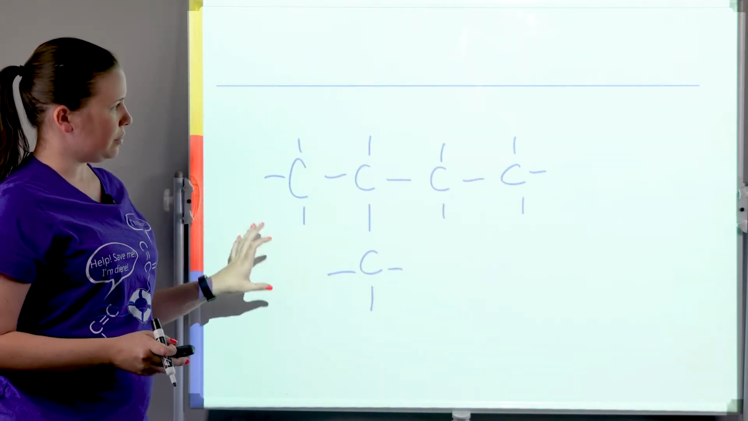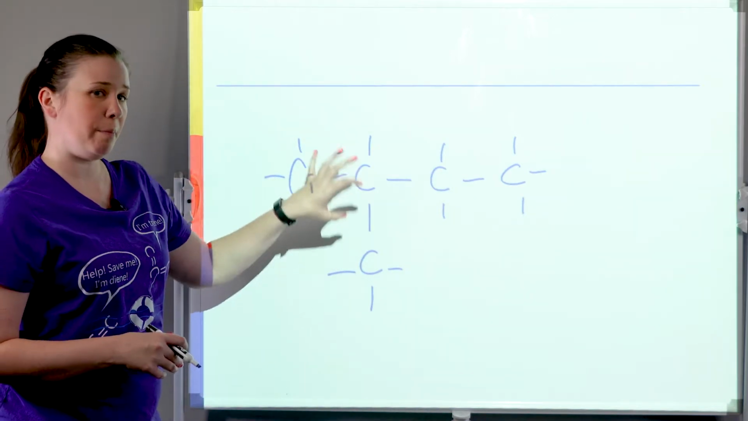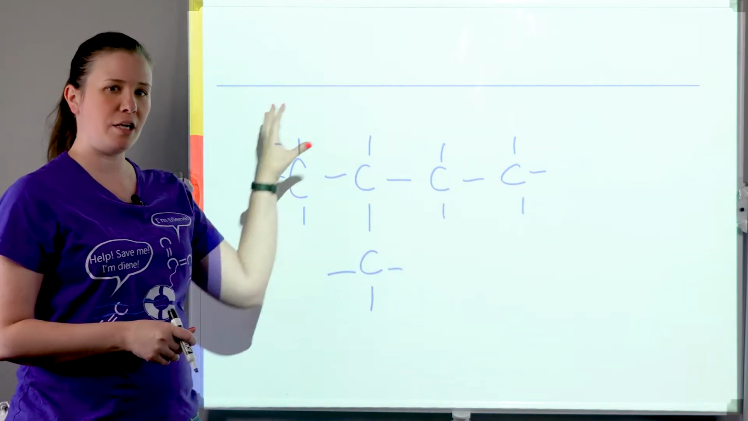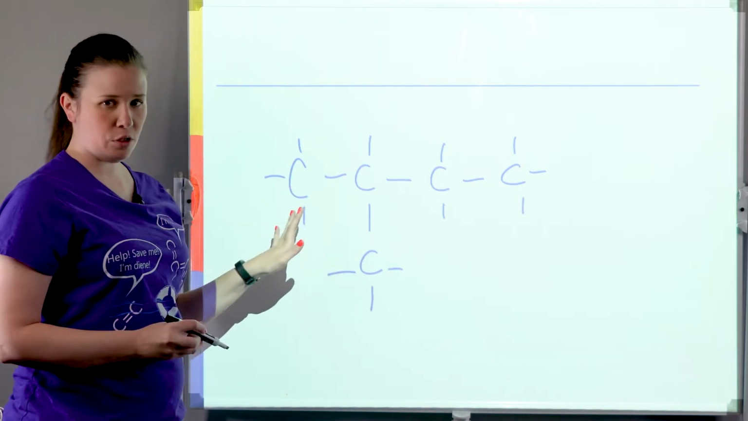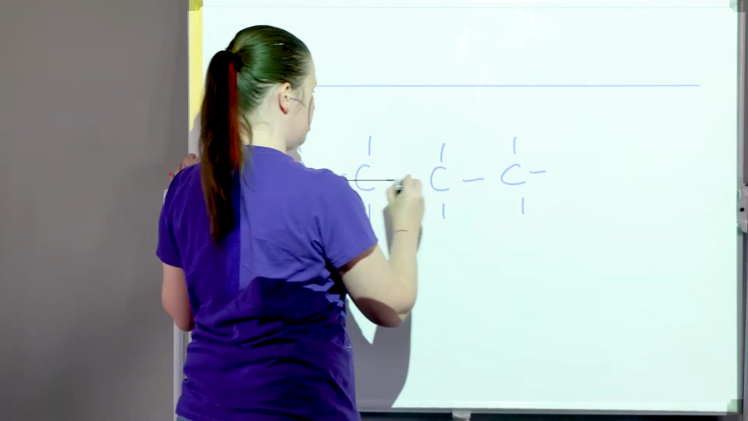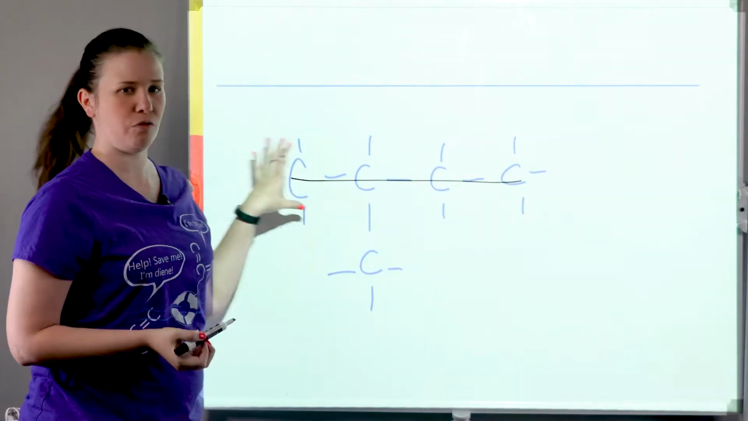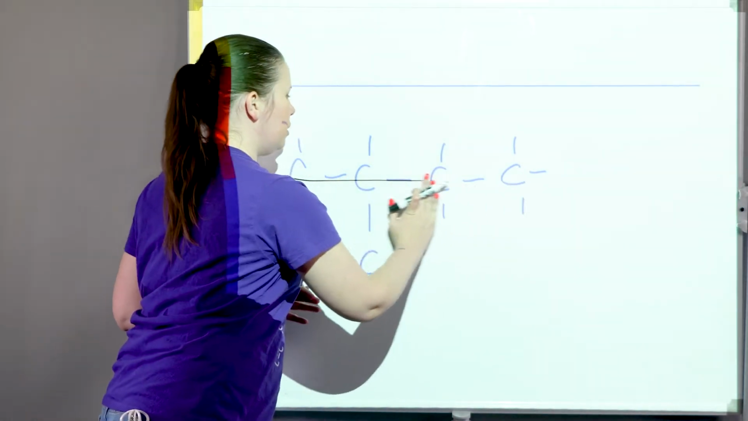So let's look at a slightly different version, now a branched one, and I want to try to work backwards this time. So we've done a lot of name to drawing. Now I want to try one drawing to name. So the first thing that you want to do is find your longest chain. So this chain is usually everybody's first impulse, and that would have 4 carbons. But you do need to check,